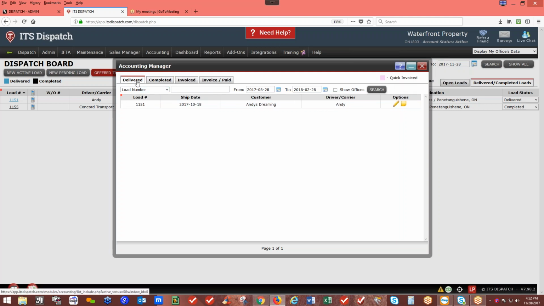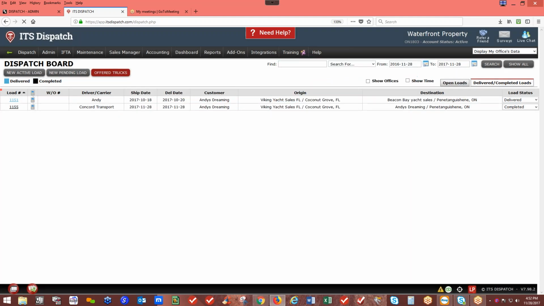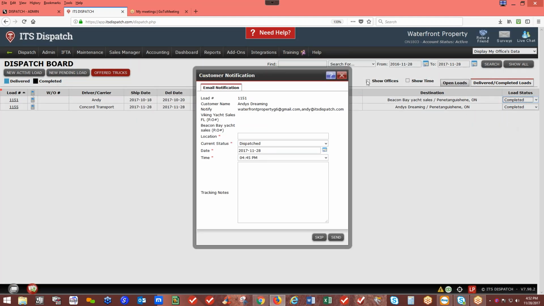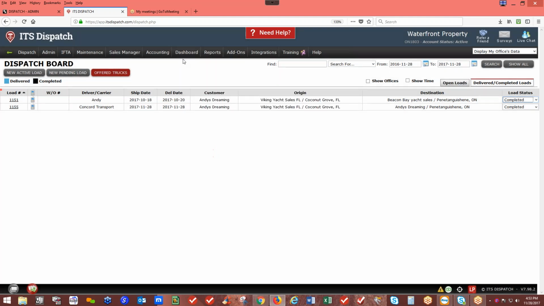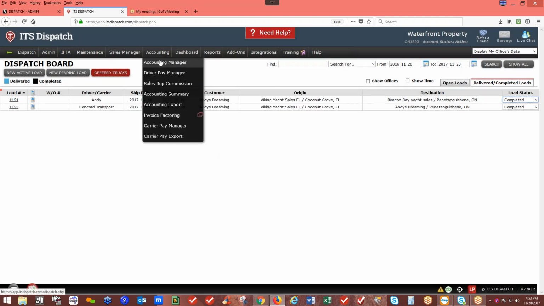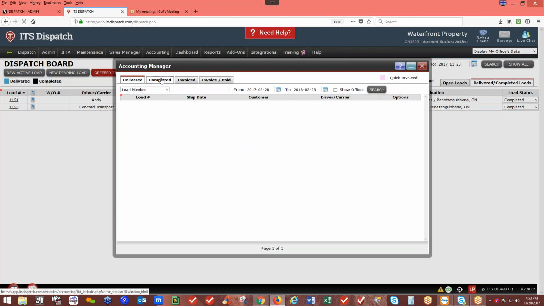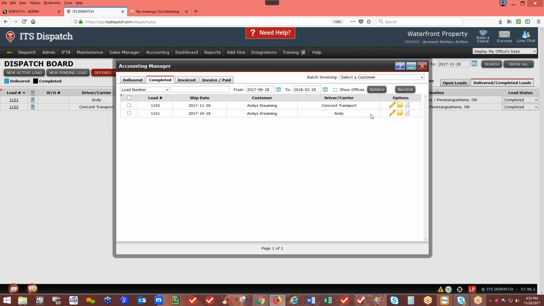So the loads that are in delivered status will be here in delivered. You will not have the option to invoice. Okay, so what you can do, we're going to change that to completed. Once it has been changed to completed, you will see under accounting manager, completed, both loads have the option to